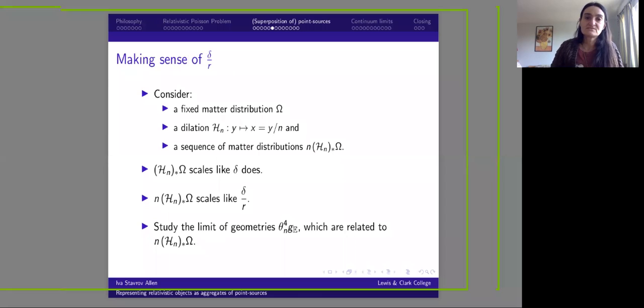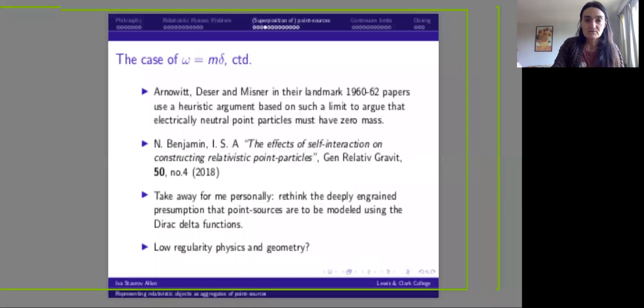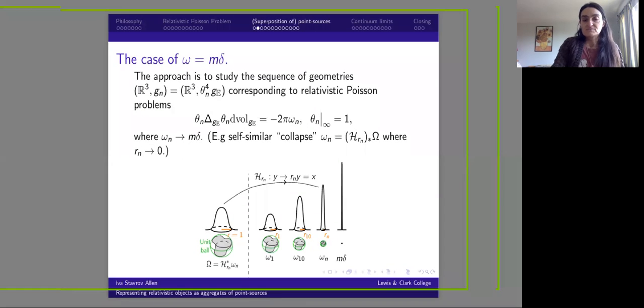And so what we did is, once again, we looked at a prefabricated, so to speak, distribution omega, and we shoved it into the space R3 by means of dilations. So there's a whole bunch of push forwards, but appropriately scaled push forwards. And so in the middle of this slide, you're going to see that the push forward of omega without any scaling is like delta. But if you multiply that push forward by n, it will scale like delta over R. So in a sense, if I may, I'm going back to this picture. I'm taking a prefabricated omega, I'm pushing it forward into R3, but then I'm also elongating it even more by a factor that's reciprocal to R_n. So I'm understanding that as delta over R. And it's a sequential approach to delta over